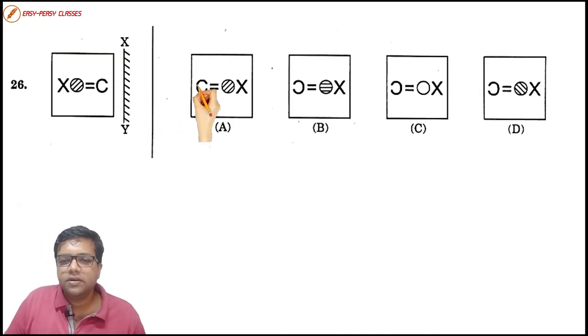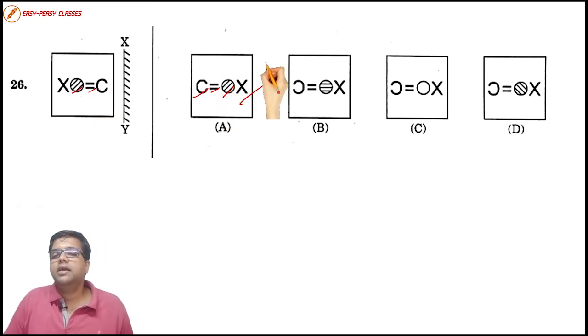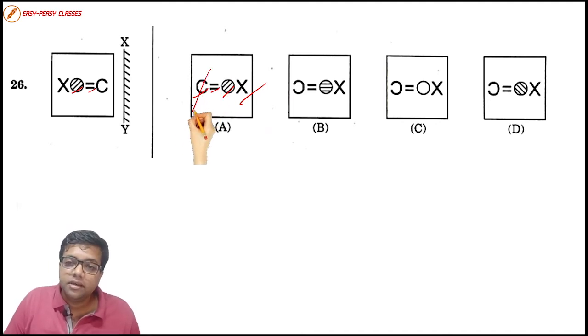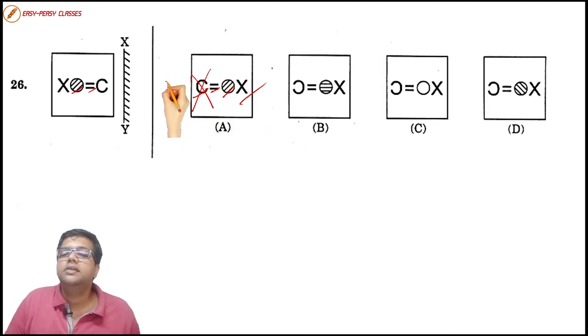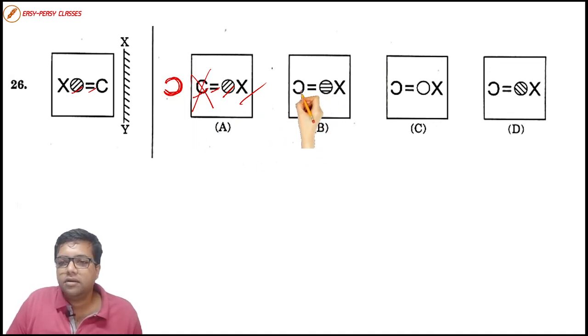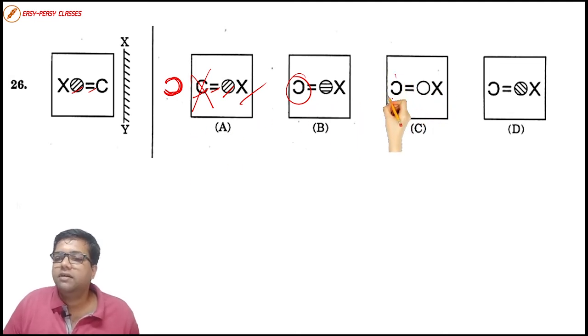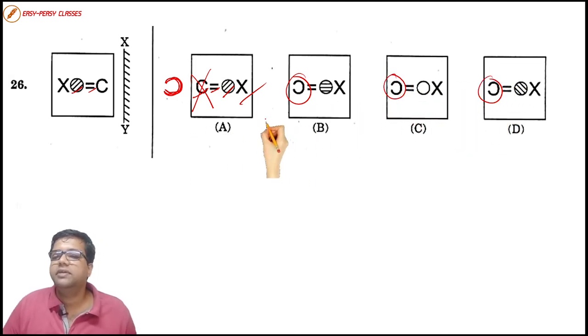Do we have C over here? We have C. Do we have equals over here? We have equals. Do we have the circle with the inside drawn lines? We have X. We have. But C is not a mirrored image. C should have been like this. Do we have? Yes, we have C like this. We have C that way.